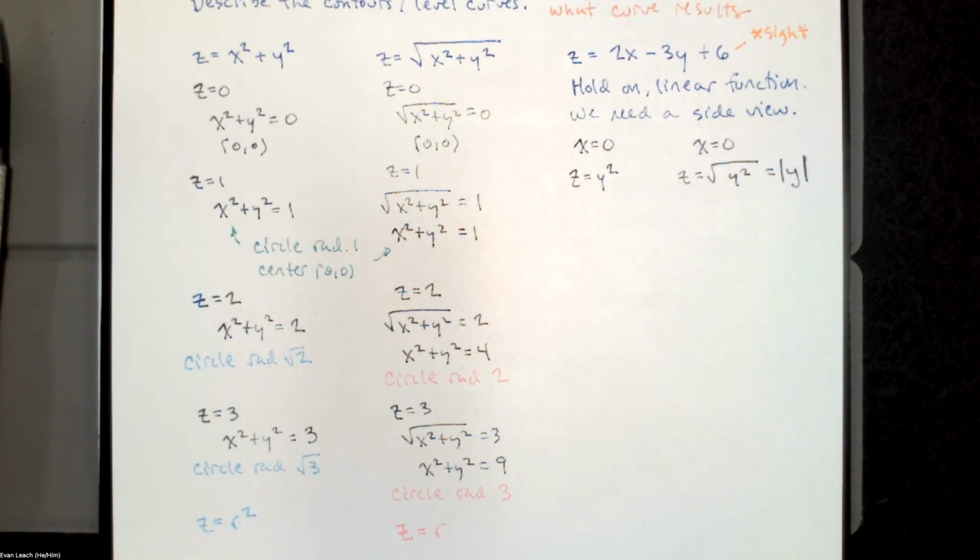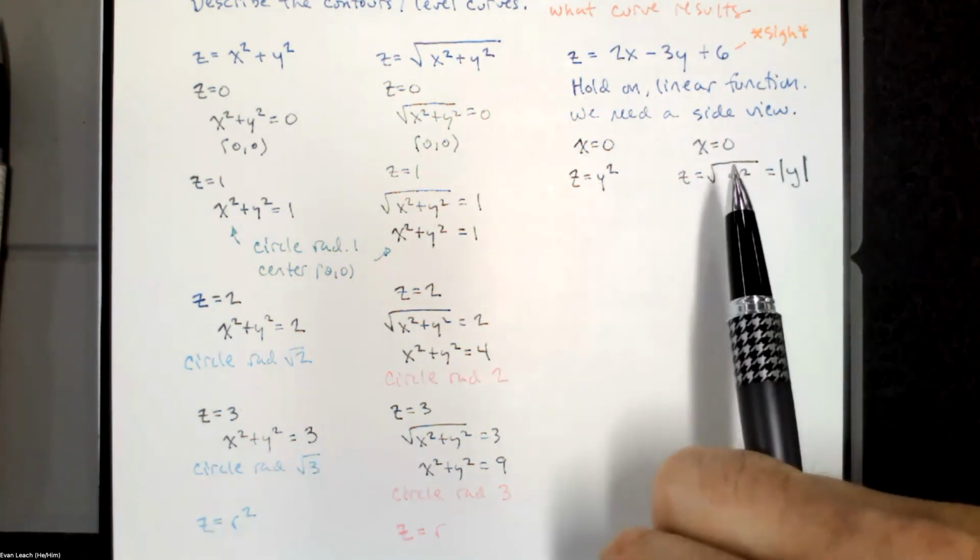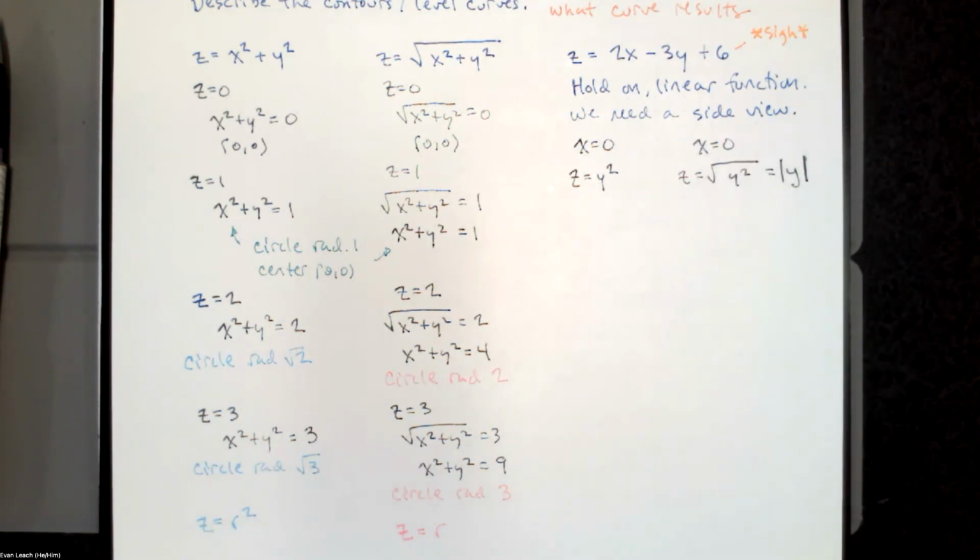So when X is equal to 0, we're looking at a parabola. This is looking at things from the side. We're looking at just the Z and the Y. So standing on the x-axis, looking at this surface from the side, we see a parabola when X is equal to 0. Over on the square root side of things, when we stand on the positive x-axis and look at the surface, we see an absolute value graph, which is V-shaped, like a regular V, not like a rounded V,